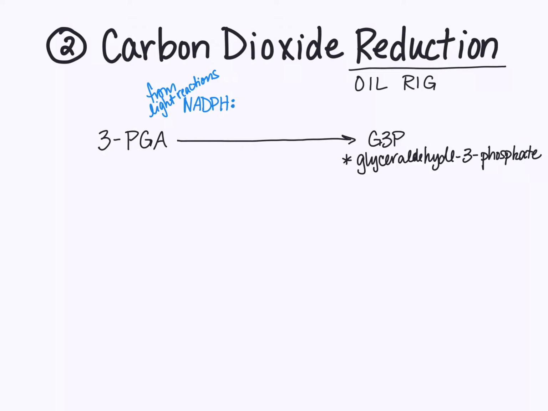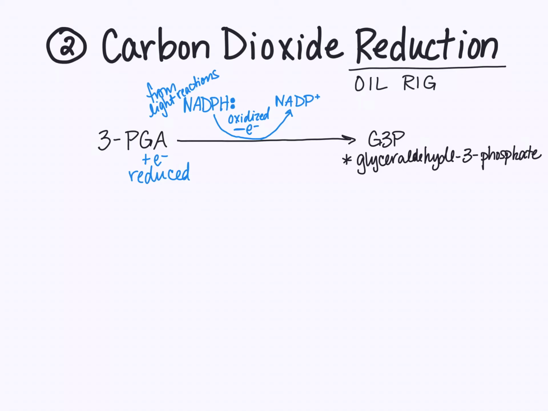And NADPH is an electron carrier. And remember, I draw these little dots to stand for the electrons that it is carrying. And so what happens is that NADPH gives those electrons to 3-PGA, and it gets converted back to NADP+. And so in that process, NADPH is being oxidized, meaning that it is losing electrons, whereas the 3-PGA molecule is picking up those electrons, so therefore it is being